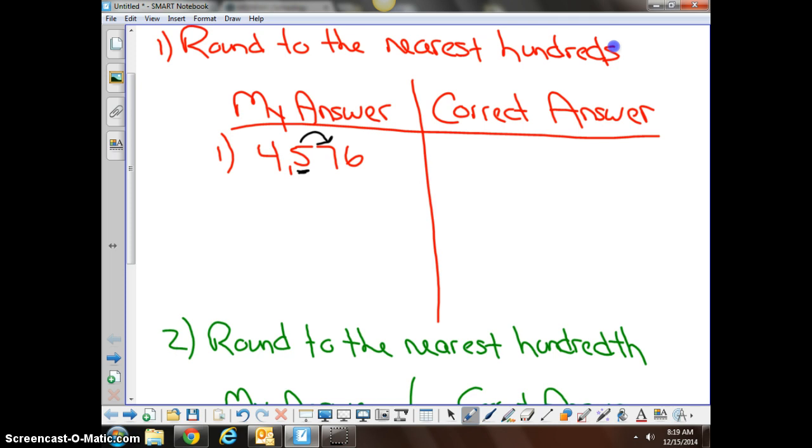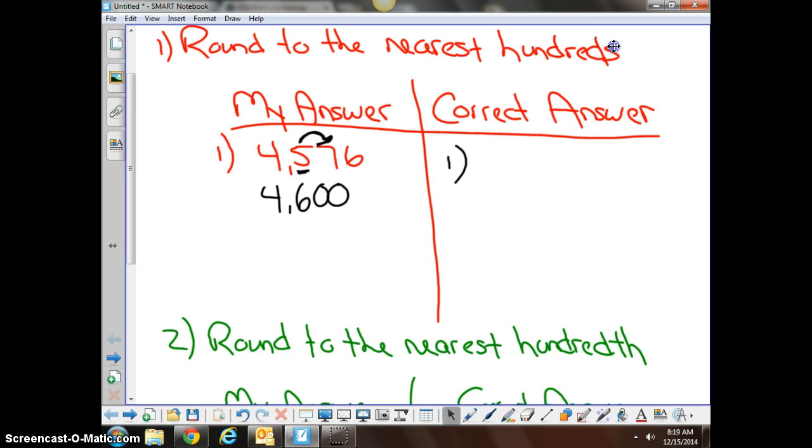Since you know, hopefully this is a review, that the number 5 or greater means you move the number up, and the numbers 4 and lower means you keep the number the same, you would see that 7 is a number that is 5 or greater. Therefore, your final answer would be 4,000. Since 5 is in the hundreds place and the boss says move it up, the answer is going to be 4,600. Rounded to the nearest hundreds place. If you get that incorrect, you would again do your work over here when your teacher corrects it with you